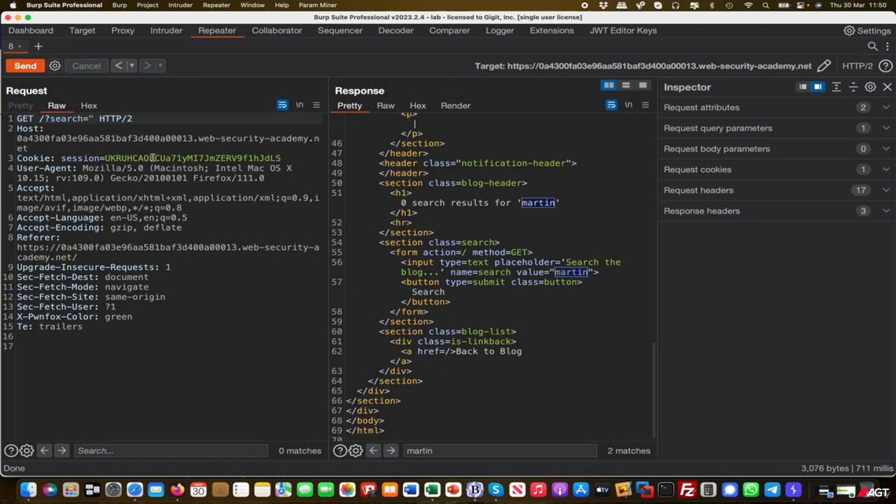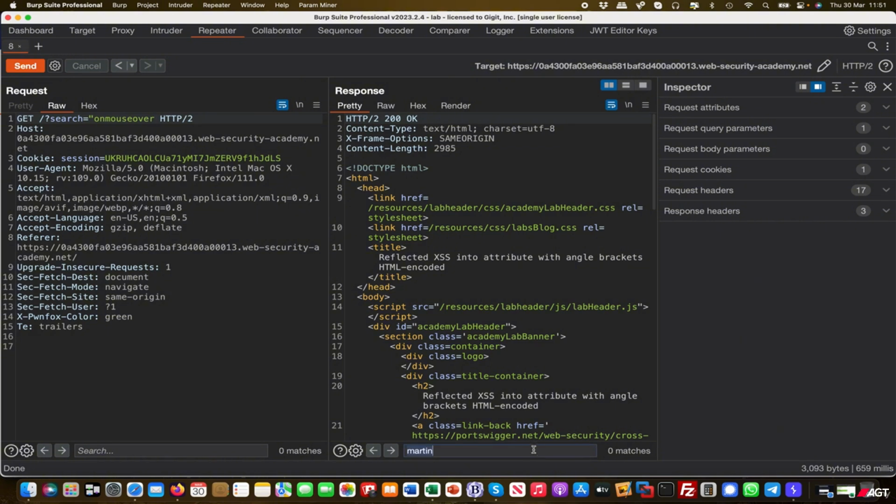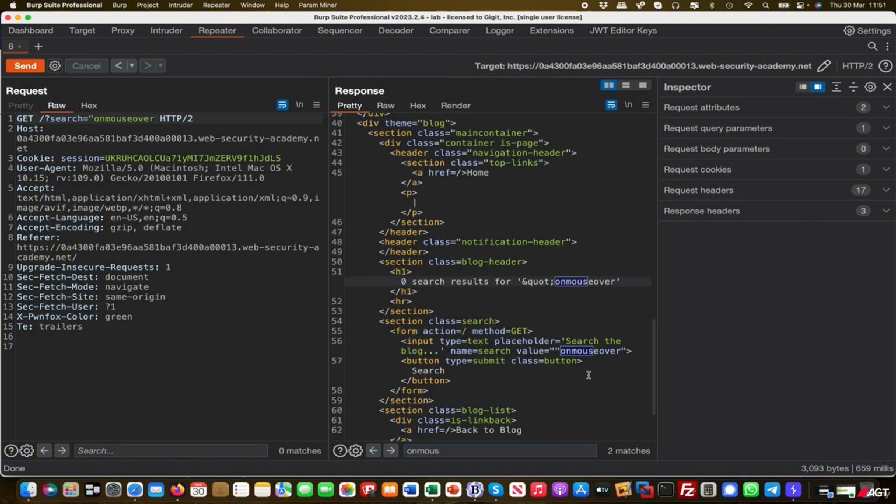For example, there are various event handlers out there. On the PortSwigger website, you can find all the different event handlers, but let's take a basic one like onmouseover. This means XSS will fire whatever I instructed it to do when I mouse over that specific page. So let's put this in, search for onmouse, and then you can see here,